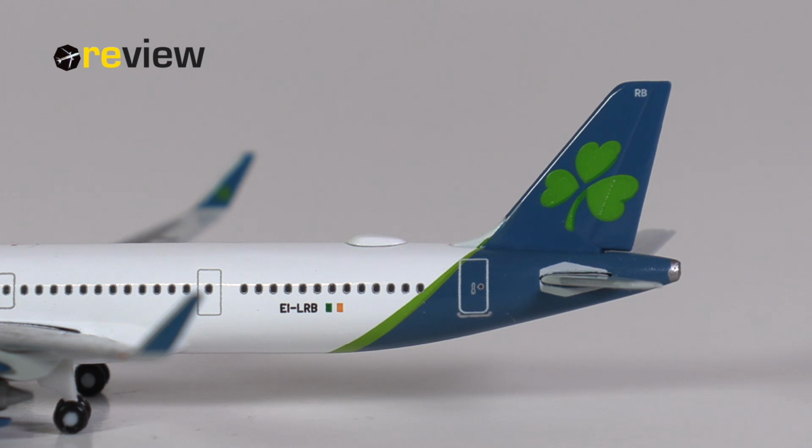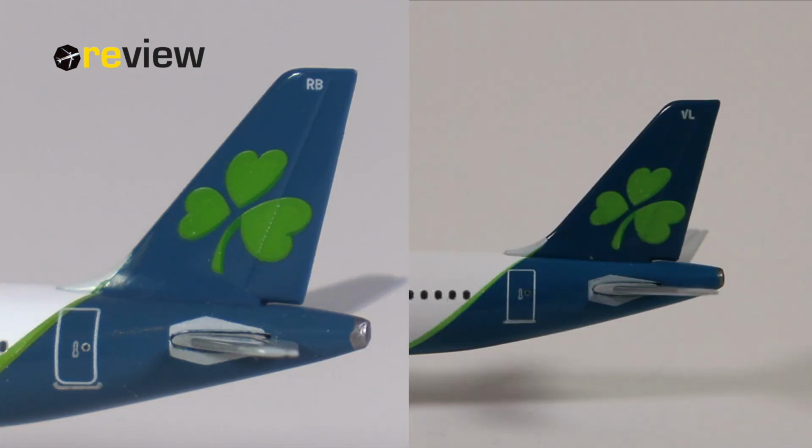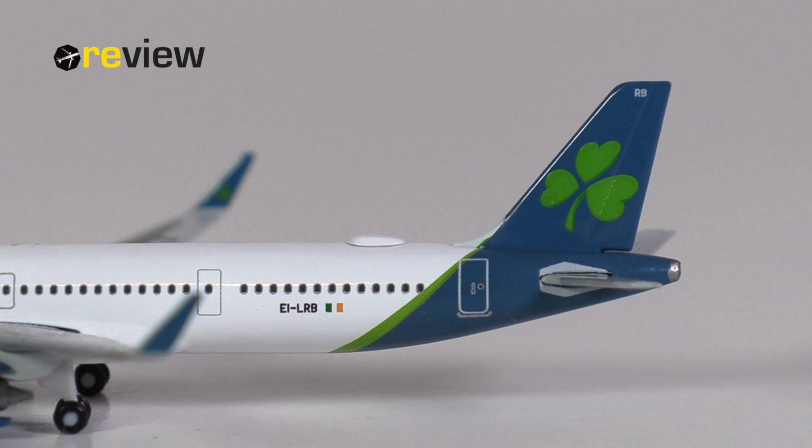where we on the vertical stabilizer find the iconic Irish shamrock, or the branding of Aer Lingus. On top of the stabilizer we then also have the last two letters of the registration code. If we then quickly compare the colors to what we have on the A320 from Herpa Wings, well, I would say on the A320 it's a bit darker, here it's a bit brighter, and if I compare both of them to aircraft in real life, I would say the A321NEO is definitely much closer to what we have on the